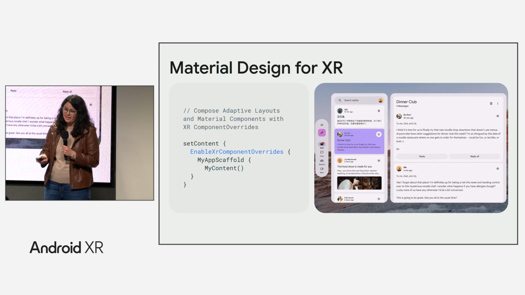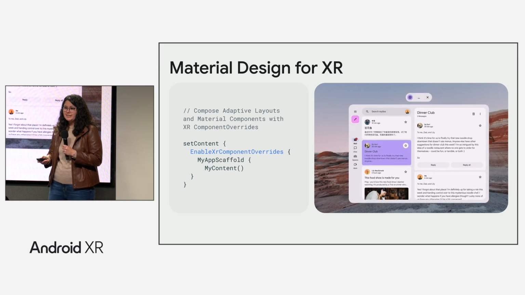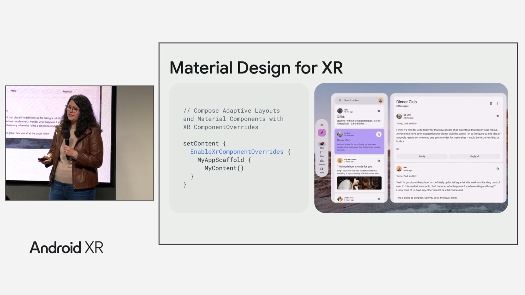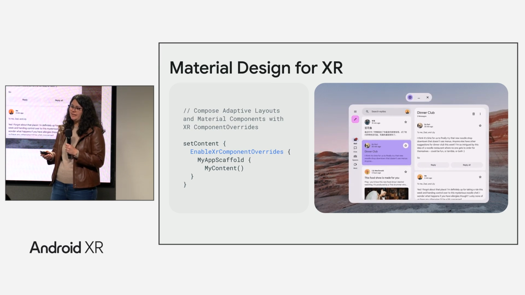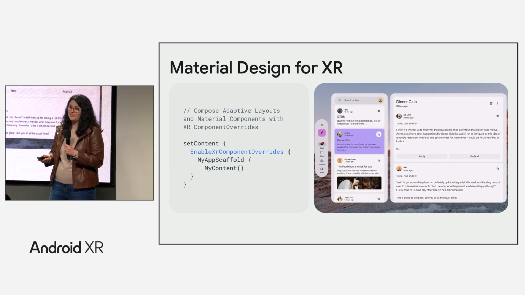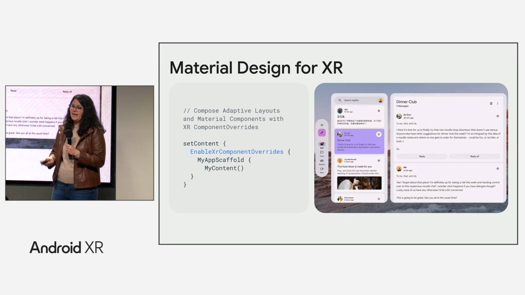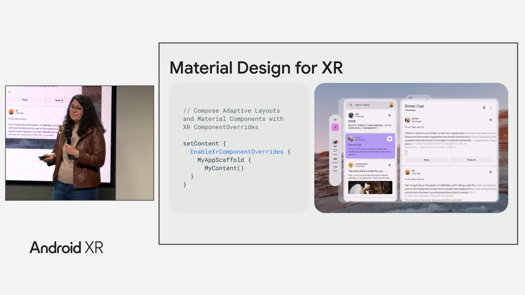And we're going to make it even easier. If you're building with the latest alpha of Material Design components and adaptive layouts, with one line change, all supported M3 components and layouts will automatically adapt for XR. Via the Enable XR component overrides wrapper, components such as the navigation rail and navigation bar will automatically be placed